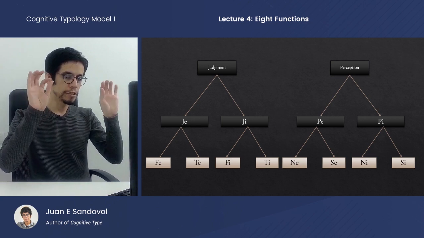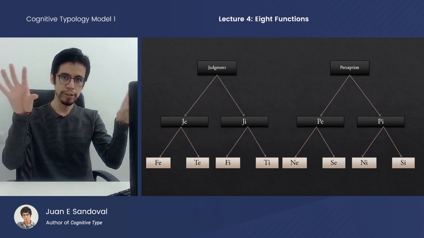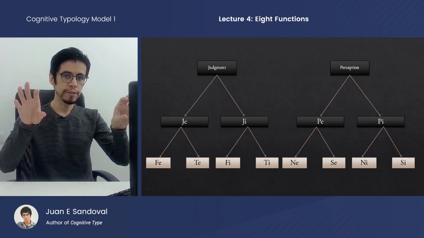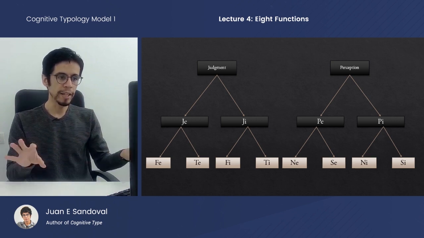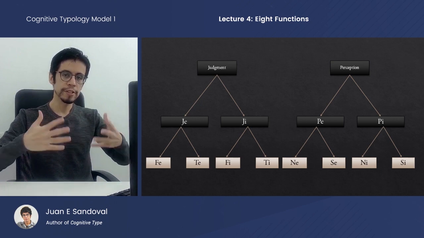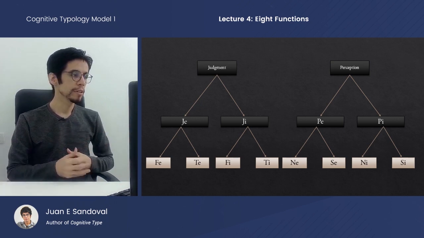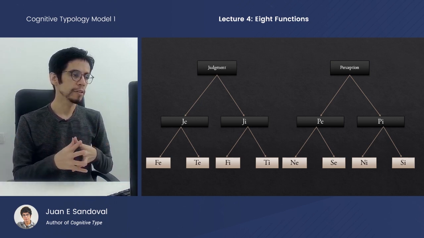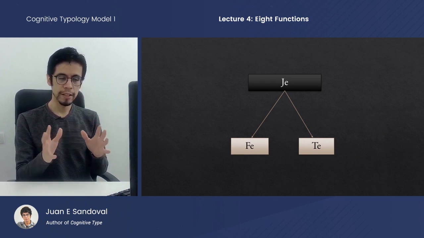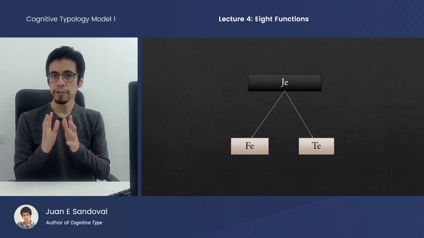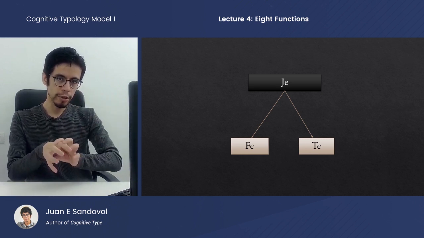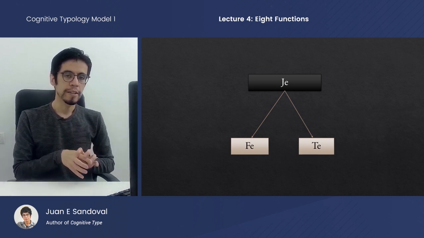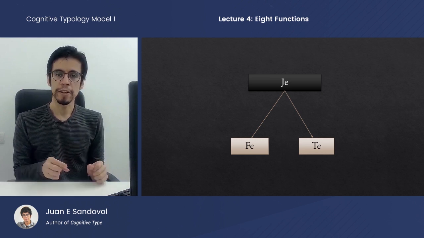In this sense, you have judgment and perception as a primary duality, which then divides through introversion and extroversion into JE, JI, PE, and PI. And then those further divide into 2 each, to give us the 8 functions. So in this sense, FE and TE are variants of JE. Let me say that again. They're variants of JE as the core process, rather than, like, say, FE being a variant of F.